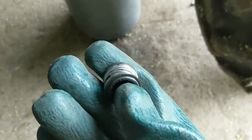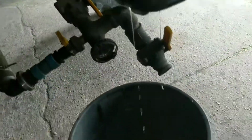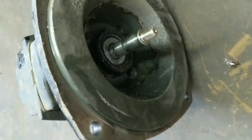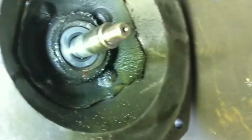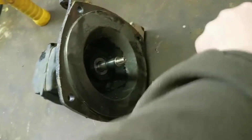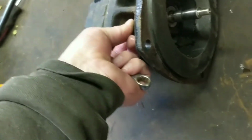Shit, that came apart. Where are you at? There you are. There's that piece. Okay, so I thought it would be easy just to not take it off. Yeah, 2 bolts and 2 lines is not that big a deal, I guess. So I've taken it off. And here we can get a better look at the seal. I don't know where it's bad at, if it was the mechanical one, the one with the spring that was bad, or what. It could be. I run this thing dry for a few minutes there when it's tightening when I was waiting, so